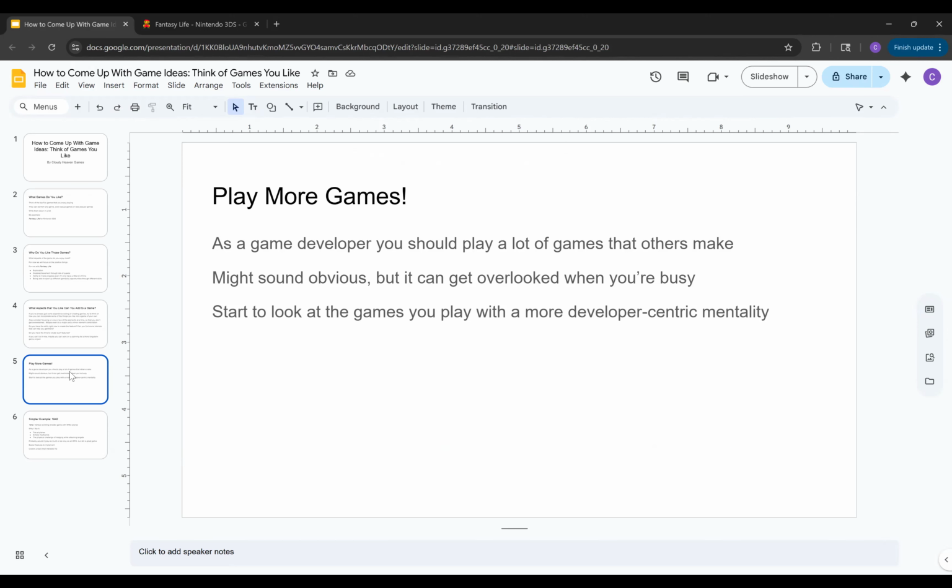sometimes we get so busy, and I think sometimes people still kind of look down at that, oh, you shouldn't be playing games, that's a waste of time, or I've got to work my job and I don't have time to play games, right? But if you want to be a game developer, you do need to also play games too, for a variety of reasons. But for our discussion, because it can help you to come up with your own ideas, right?